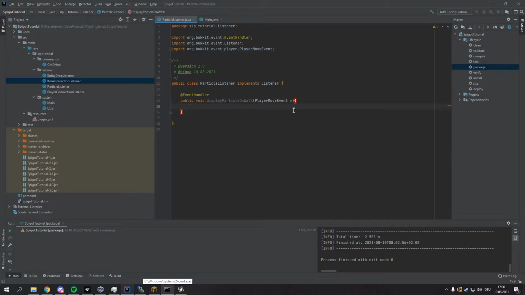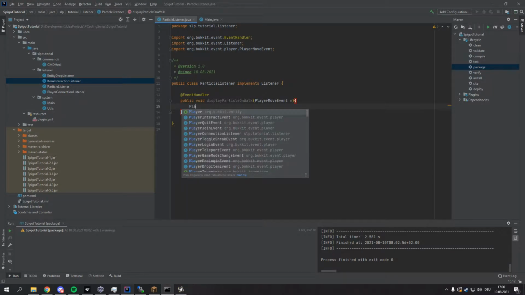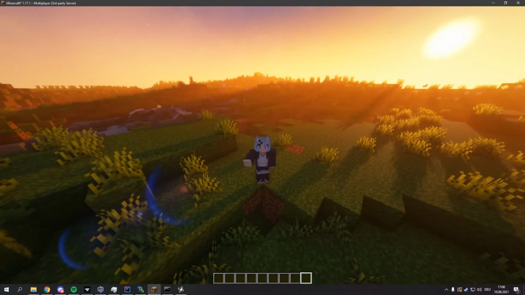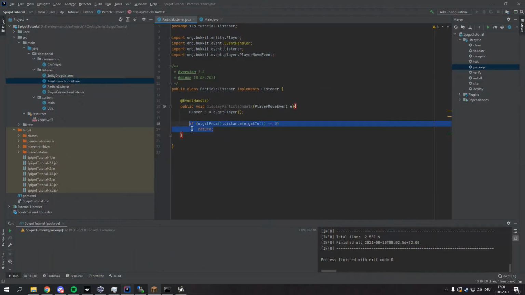So yeah, the one thing you want to do here is declare the player, and you can do that by getting the player. You can do one thing to display the particles only when you're actually moving. You could check if the distance from getFrom to getTo is less than, let's say, 0.05, or if this equals 0, then you can just return. So this basically just means if the player is not moving and just moving their head, it will not trigger the event. And now all you have to do is just